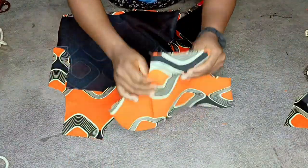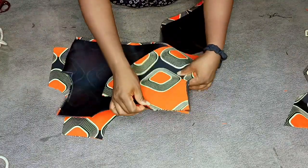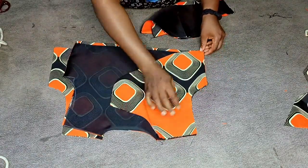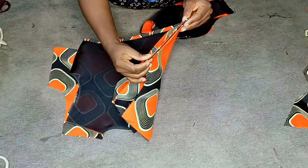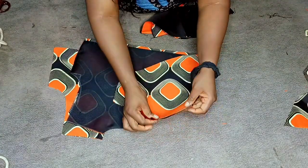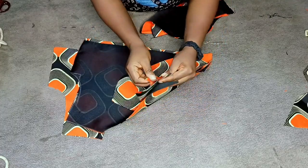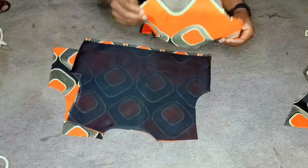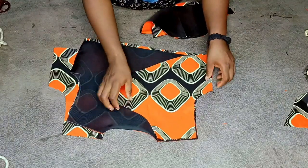So now the next thing I'm going to do is to join the shoulders together like this. So can you see? So you want to make sure, this is why I said that the sides must align here. So I'm going to join the shoulders of the front and back together. So I'm just going to place it like this. Can you see? I'm placing the wrong side facing the lining,